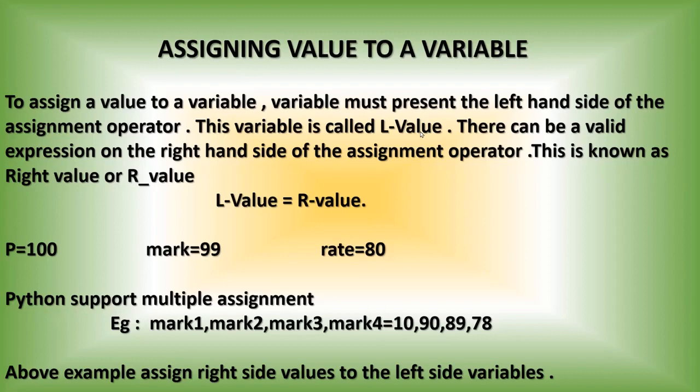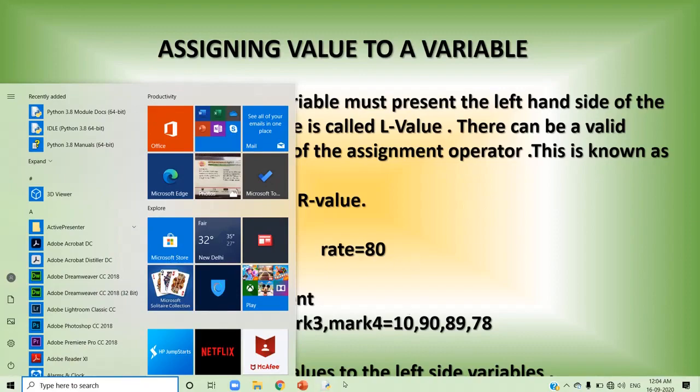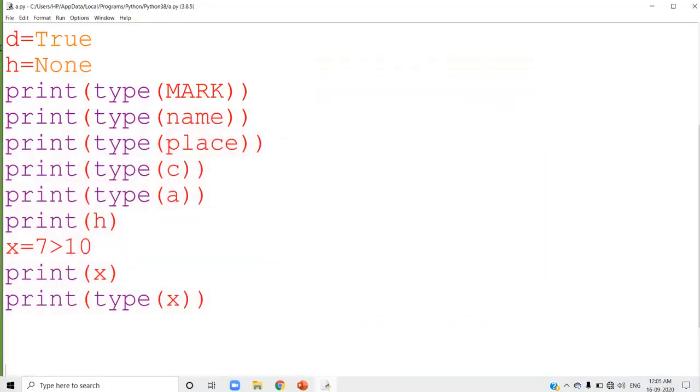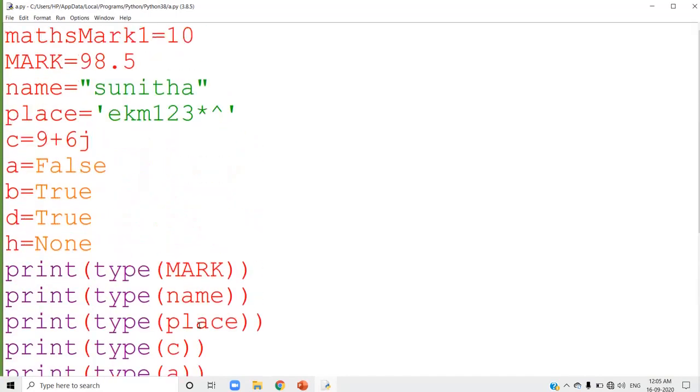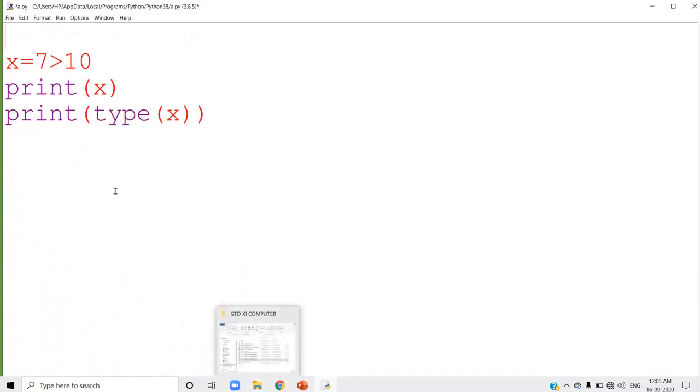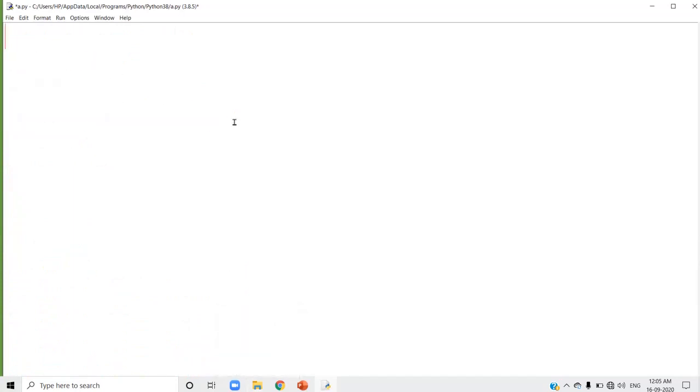That also I'll try out here, L value, R value. I am going to write A equal to 10.